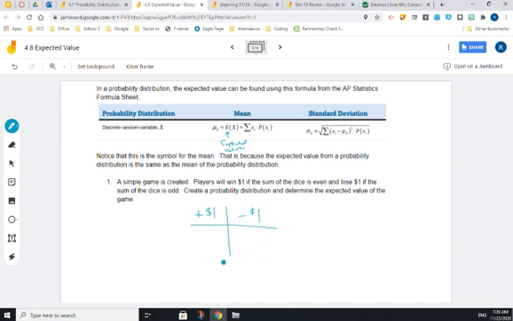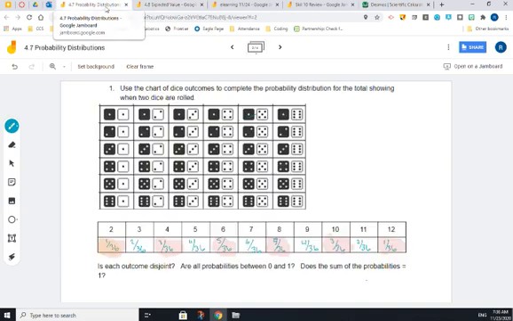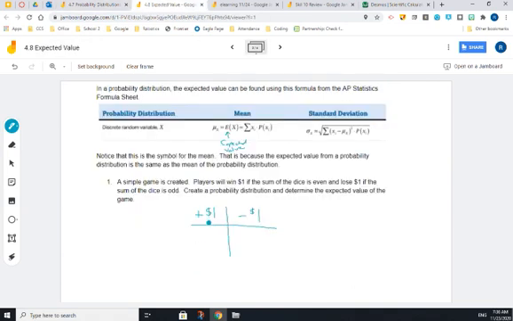Okay, now let's figure out the probability of each one of those things happening. Now, we previously, in the last video, made a probability distribution for rolling two dice. It looks like this. The ones that are highlighted in red here are our even ones. If we count up the probabilities of these even ones, we get a total of 18 out of 36. So the probability of winning $1, because we rolled an even number, would be 18 out of 36,